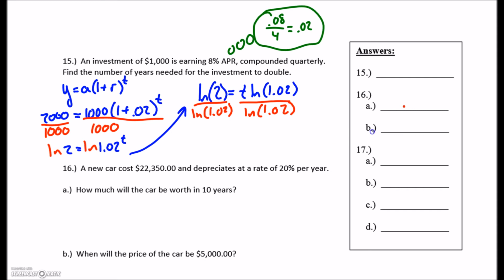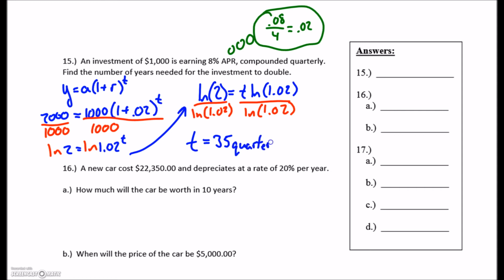And now it becomes a job for my calculator, so I'm just going to go ahead and plug this in. So it gives me about a 35. And again, the units here are really important. This is 35, but it's 35 what? Well, since my units here in terms of the percentage were per quarter, it means my time is coming out in quarters,